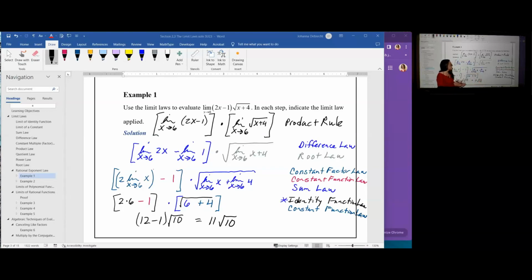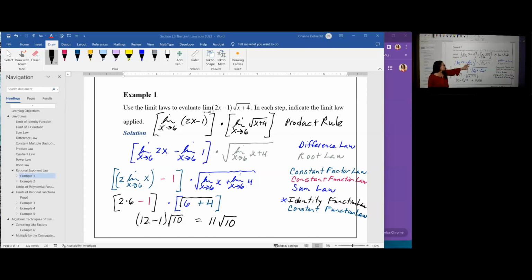I've written out the steps for you. Let's go through them. First, in our head, since we don't actually write them all out when we're doing it, we split the limit of the product of the binomial and the square root into two different limits using the product rule. And then we take the limit of the first factor in our function and we split it again